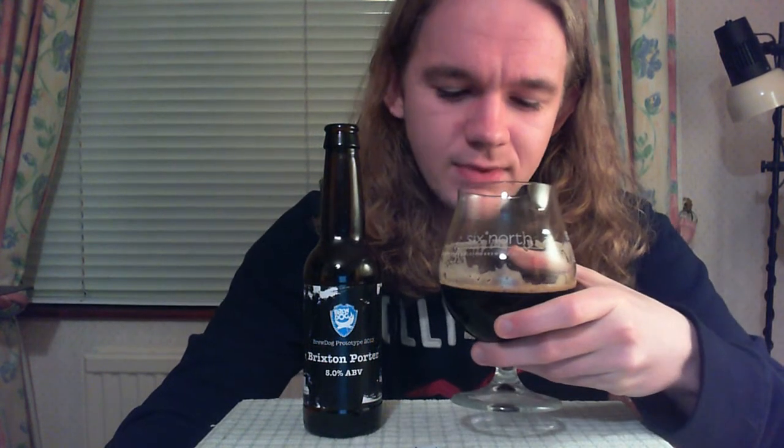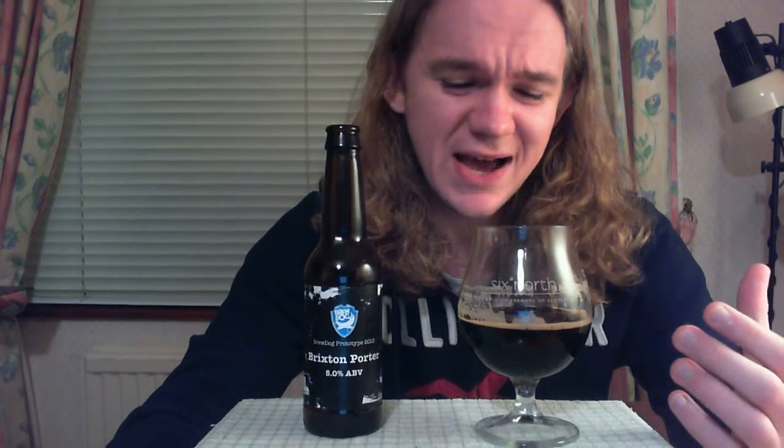The carbonation does make it quite crisp actually. It's a very wet mouthfeel, and it's actually surprisingly thin. I would usually describe a porter as being full-bodied, but this is more of something that's sitting in the mid-bodied range, definitely. But this is what they're going for, a sessionable porter. But yeah, interesting, like I say, quite thin for a porter, but this is the idea that they're going for,